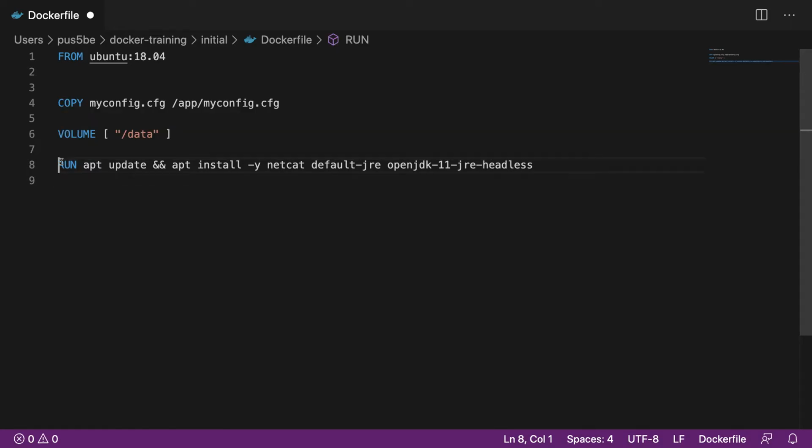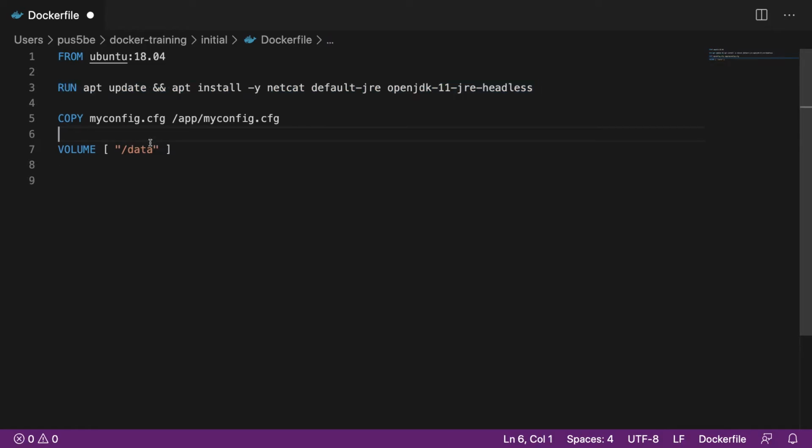So for that reason, what we do is normally the least changing layers are always at the top and the most changing layers are always at the bottom. Now with this, I also need a work directory. So I just say app, so I make sure that my working directory is app. So this is a plain, very simple Docker file wherein I'm not specifying any user.